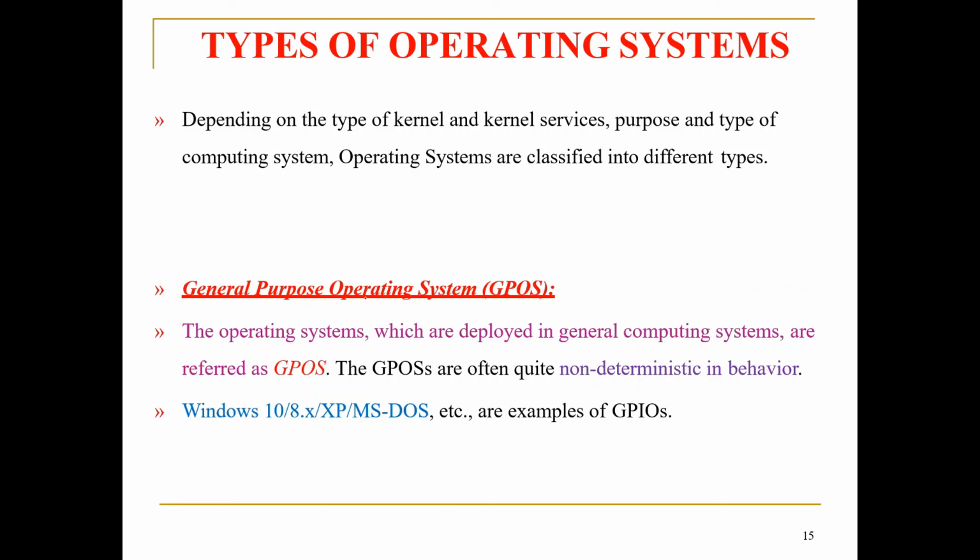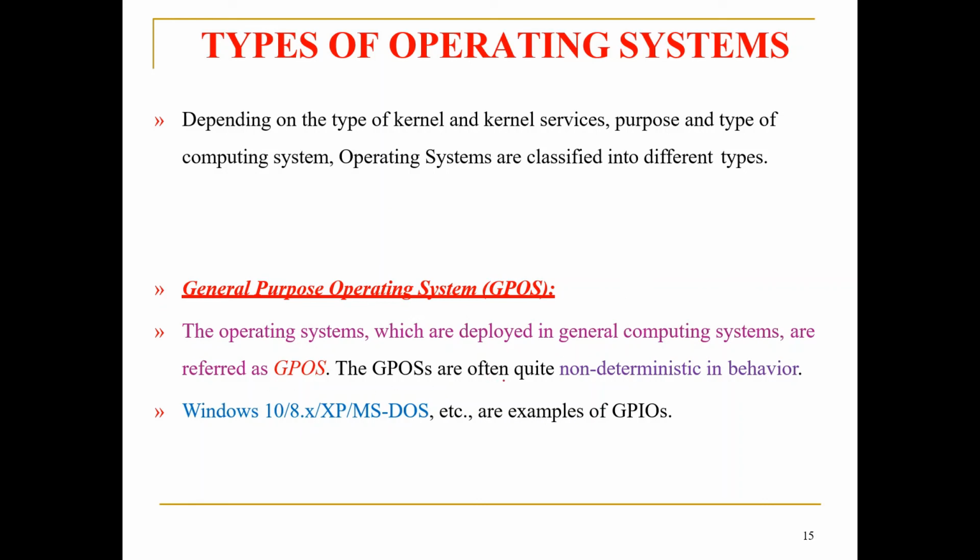You are adding multiple numbers here and your system can give you a response after maybe around a fraction of a second. You do not mind, where normally the systems are non-critical, or the response of the systems is non-critical. Those particular systems and the operating systems that get installed in them are called general purpose operating systems, which you are very well aware about. The operating systems which are deployed in general computing systems. General computing systems means the systems which will normally be doing mathematical and logical operations are referred to as GPUs.